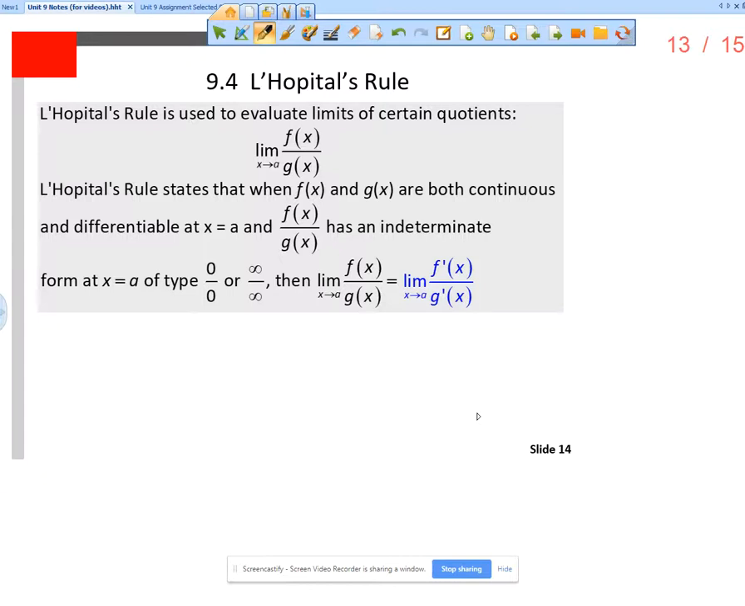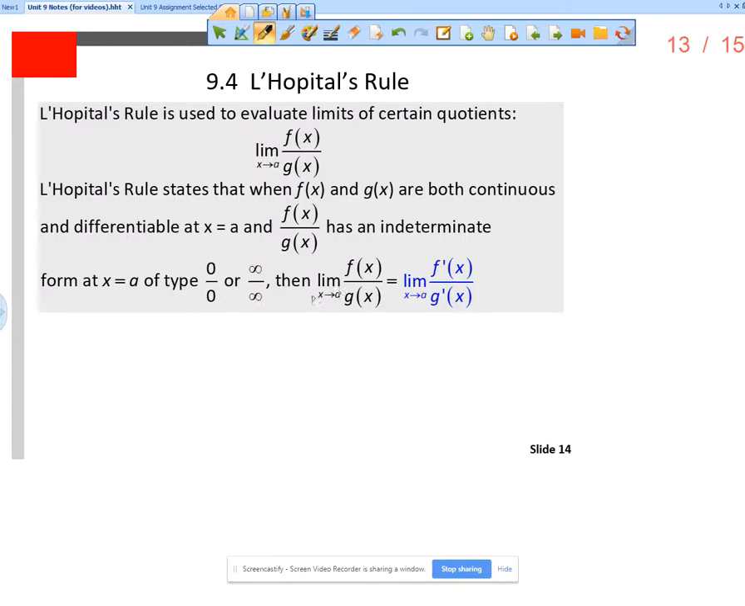L'Hopital's rule is used to evaluate limits of certain quotients. So for instance, if I have the limit as x approaches a of some function f of x over some other function g of x, L'Hopital's rule states that when f and g are both continuous and differentiable at x equals a, and f of x divided by g of x has an indeterminate form at x equals a, so of type like 0 over 0 or infinity over infinity, or negative infinity over negative infinity, some infinite value over another infinite value,